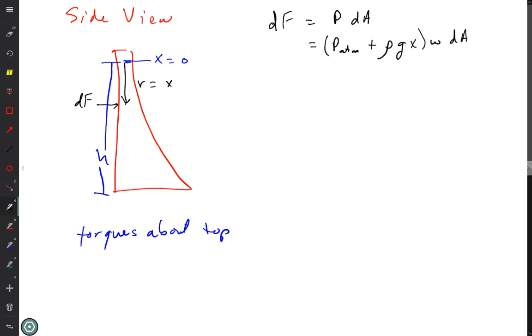And I had R is equal to X. So torque, magnitude, so I didn't put a vector sign, so it's just magnitude, is equal to the integral of R cross F. So that's going to be X